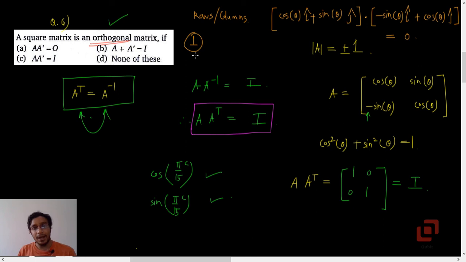A more fancy word for perpendicular is orthogonal. So it is called an orthogonal matrix because its rows as well as its columns are perpendicular to each other. Now you can have physical interpretations in 2 by 2 and in 3 by 3 matrices, because they represent directions. If you go to 4 by 4, things slightly get complicated, but nonetheless you still call them orthogonal. So that is question 6. Let's go to the 7th.